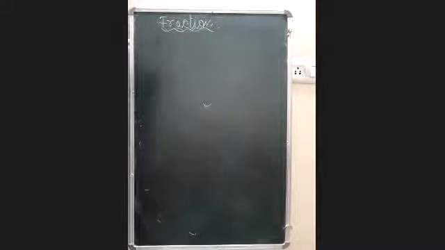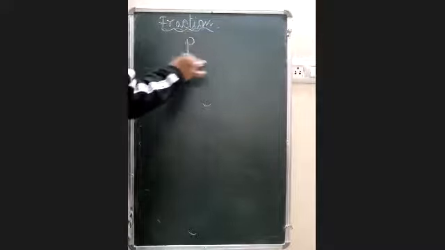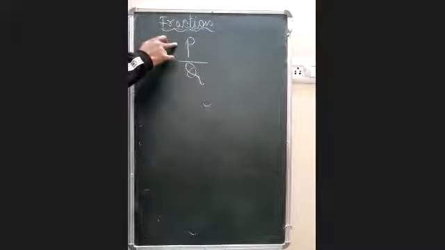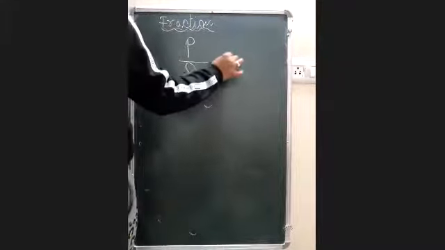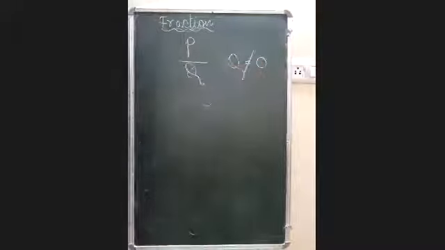So today we are on the chapter fractions, and I'll give you a quick review of the chapter which is already completed earlier. But let's have a quick revision of every topic which we have done in the past. First, a fraction is a number which can be represented in the form of P by Q, where P is called the numerator and Q is called the denominator, where Q is not equal to 0.